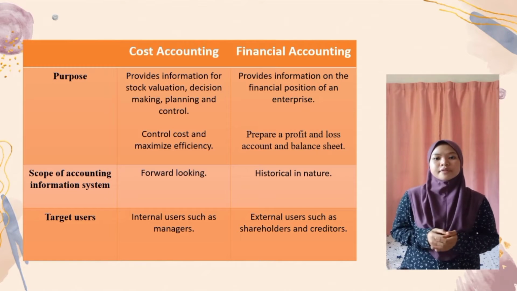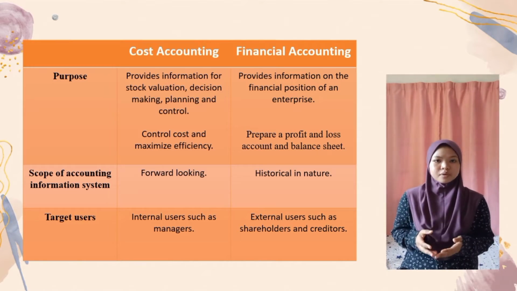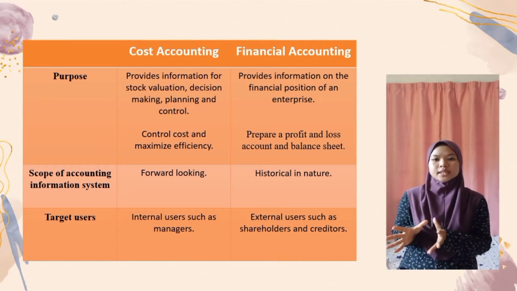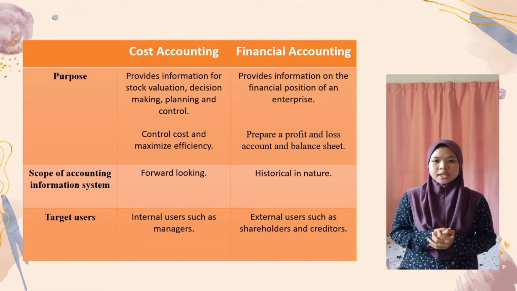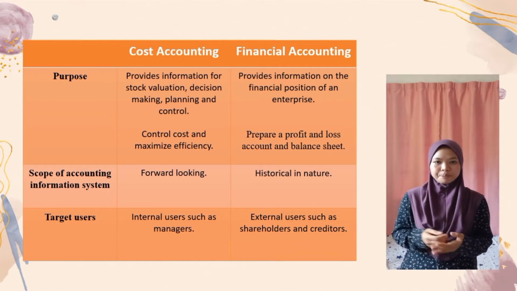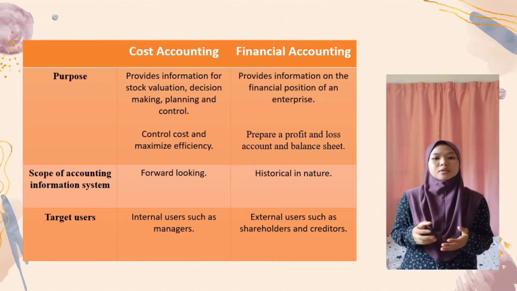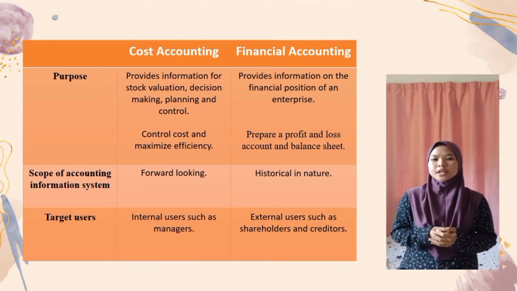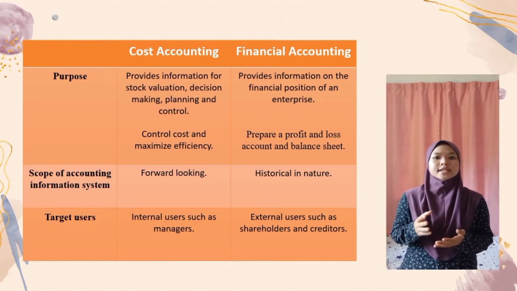Thirdly, the scope of the accounting information system for cost accounting focuses on present and future data. For financial accounting, the scope of the accounting information system is reports on what happened in the past to draw up financial statements, which is historical data. Fourthly, target users for cost accounting are internal users, such as managers, and for financial accounting are external users, such